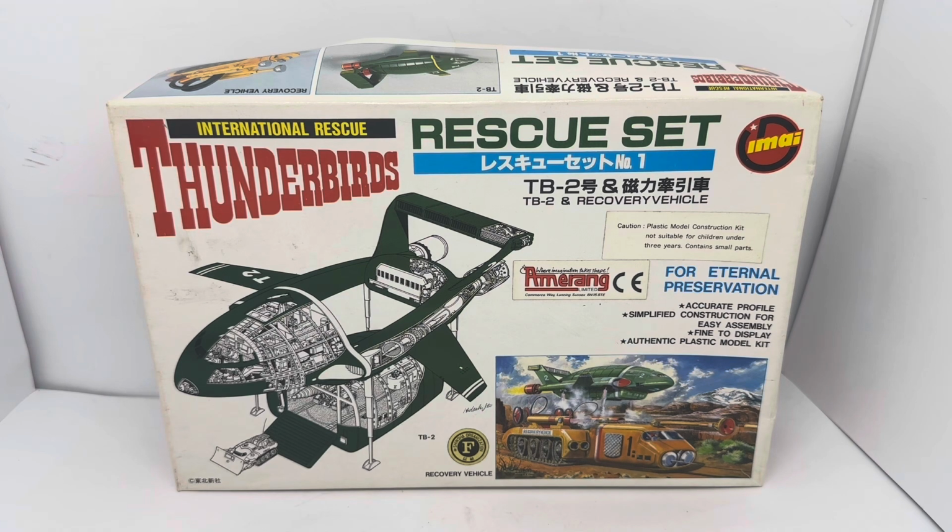And today, well, we're looking at something that's now quite old, has become very collectible, and is becoming more and more difficult to find, especially in this mint unopened condition. Now we are looking at the late 1980s release by IMAI from their Gerry Anderson's series of Thunderbirds plastic model kits. And this particular set we're looking at today is a rescue set which includes two vehicles, which is